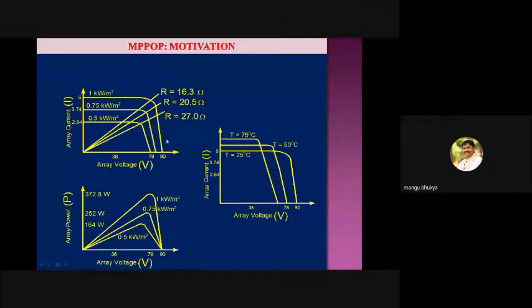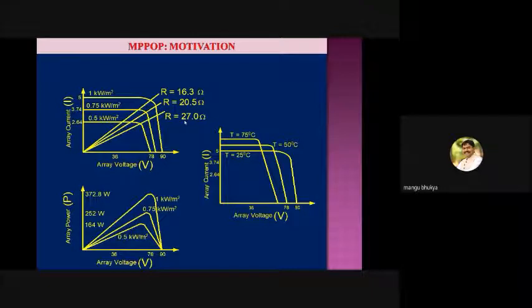See, what I am trying to tell is, we cannot insist that you change the load, that you can turn on the TV or refrigerator only in this duration. We cannot insist to consumers. Based on the consumer's wish, we have to generate the power. But here the thing is different. To extract the maximum power from the panel, we have to vary the load. But practically, can we insist that consumers change their load? We cannot insist. So this is the issue.